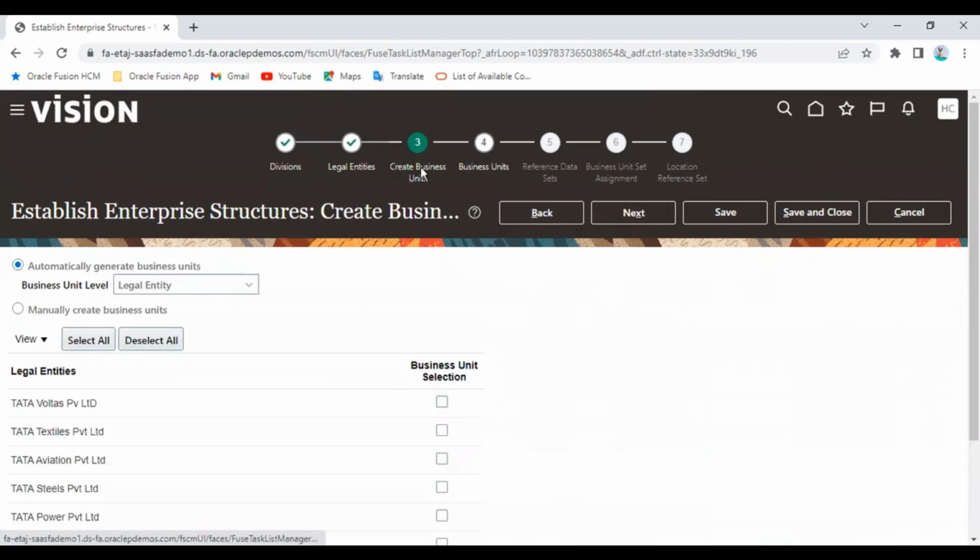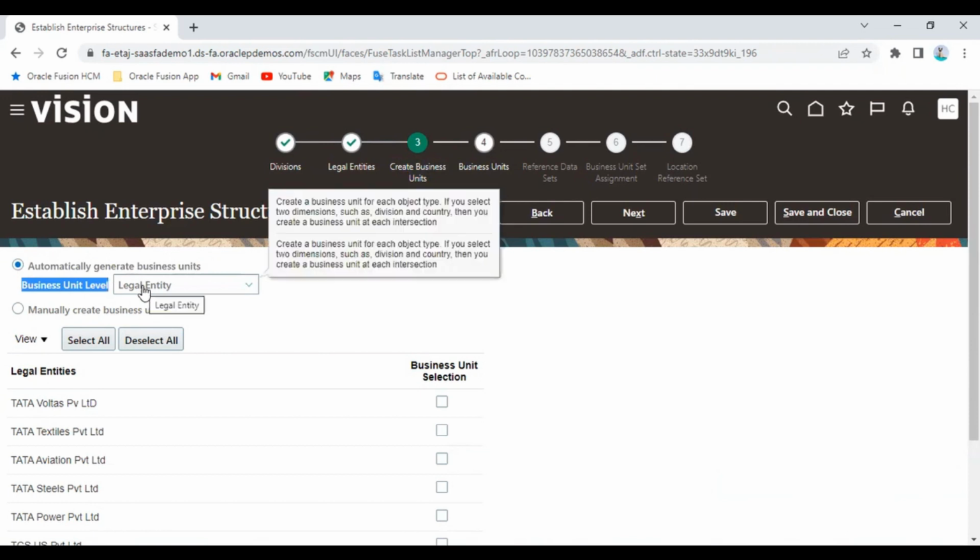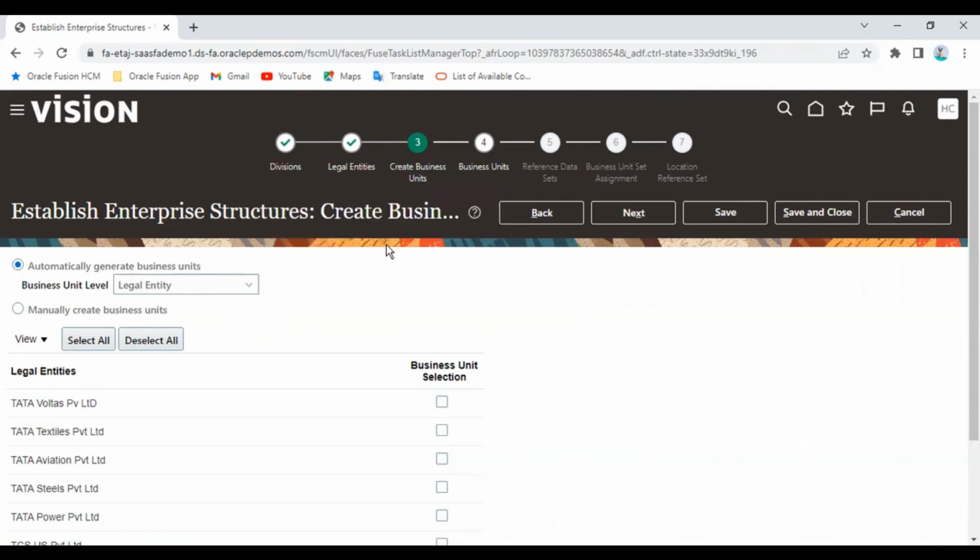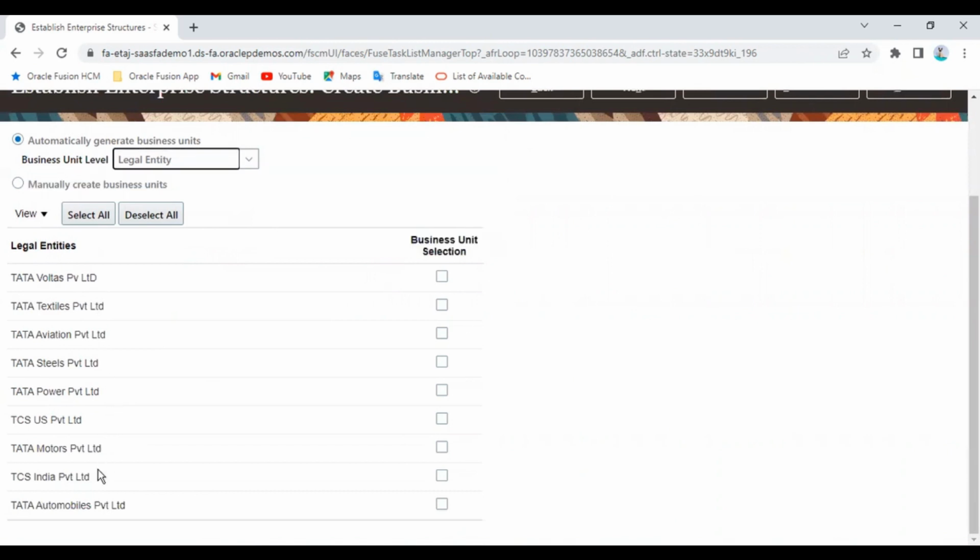Let's go to the third tab. What it is asking, team: create business units. Automatically generate the business unit, and the business unit level chosen is legal entity. And there is some other option called manually create the business units, team. What is this option? See, these are all the legal entities across different countries we defined as of now in